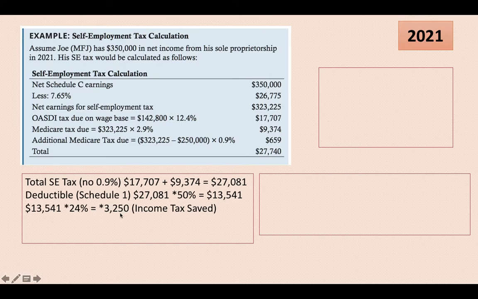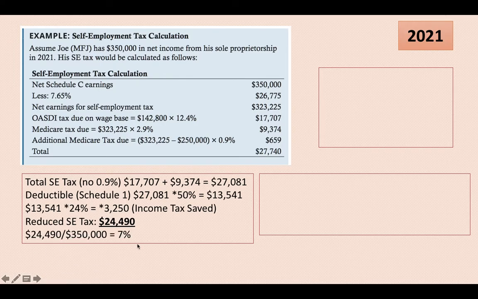So you will save income tax. You will save $3,250, right? You have to understand, if you're an employee, you don't get this because you are self-employed. As an employee, you get the deduction on the employer side. So you save $3,250. So then your original SE tax is 27,740. You minus this amount, 3,250, and you will get the real SE tax, which is only